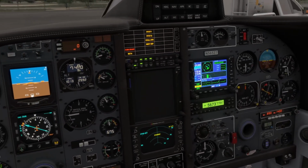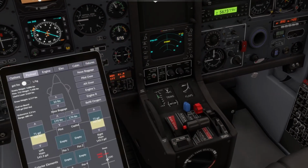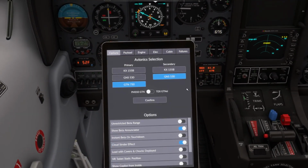Yeah, so do you have to have one of the other ones installed? I thought. Or did I break it? Like I said, I never used the 750, so you know what? Let's just pull it out. Options. Alright, so let's see here. Yeah, we're going to go back to that. Oh, yeah, PMS 50 or... Okay, so yeah, it's not using anything that's default. And I could be mistaken that there ever even was one, so...